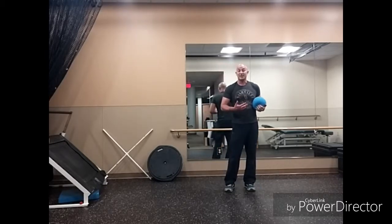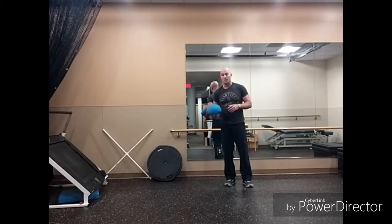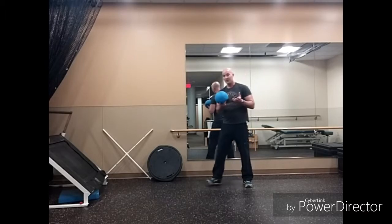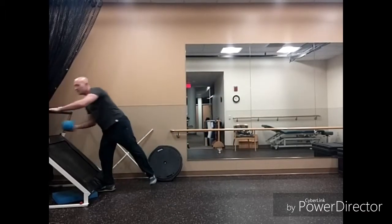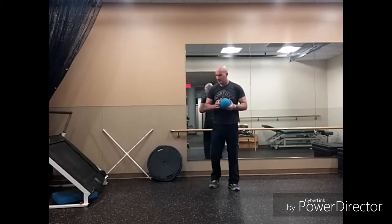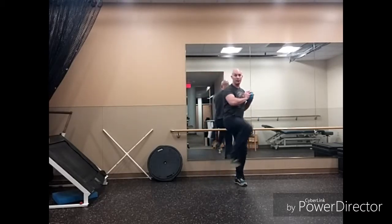Now, the last exercise I'm going to show you is going to be more like a baseball throw. I call this the wind up and throw. So, for me, I'm going to grab a smaller ball. I'm going to wind up, and I always recommend doing your non-dominant side first. Wind up by bringing your knee up, you're twisting your whole body away,